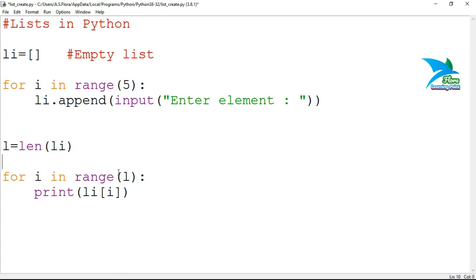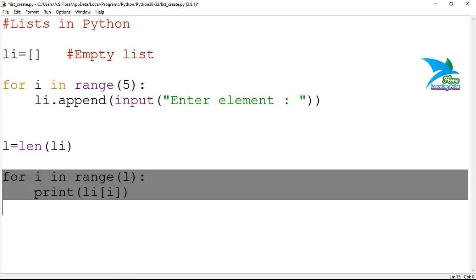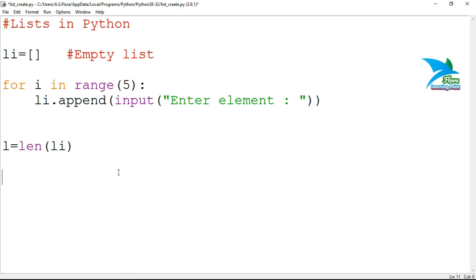We can also make use of a while loop to fetch all the elements. If you want to make use of a while loop, then I'll remove this loop. I have to start from 0, as we know that we have to manually initialize, that is specify the initial value, for a while loop: while i less than l, that is the length of the list.